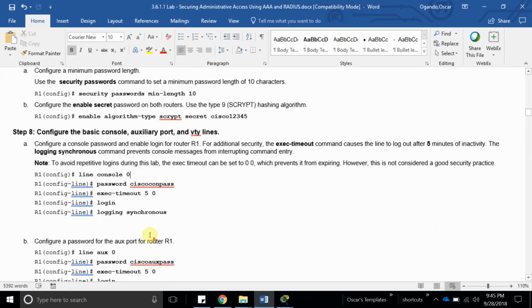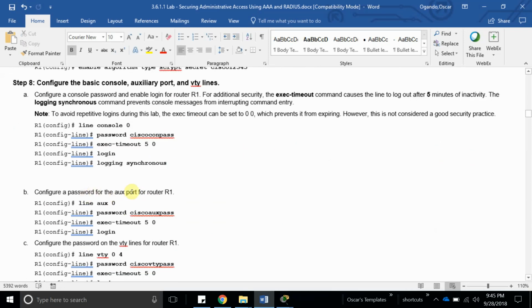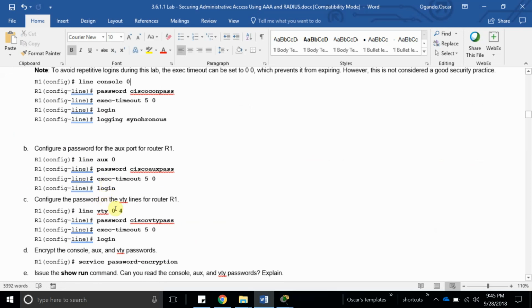And now what we need to do next, let me see. So avoid repetitive logins during lab. Okay, so that's good. Configure router 1, we already did that. We have to do the VTY lines on router 1, and it's going to be the same. But let me see. Oh, this is going to be for the aux. So Cisco aux. Let's copy that password